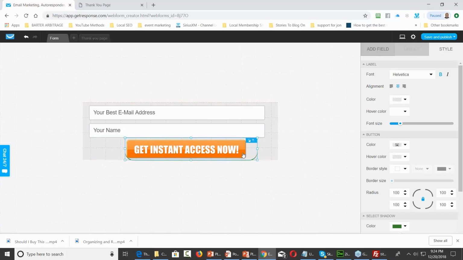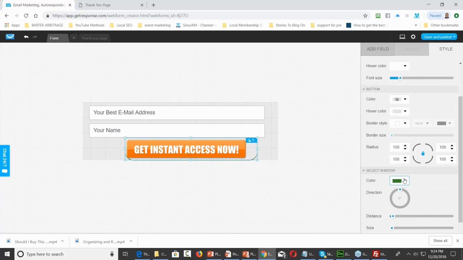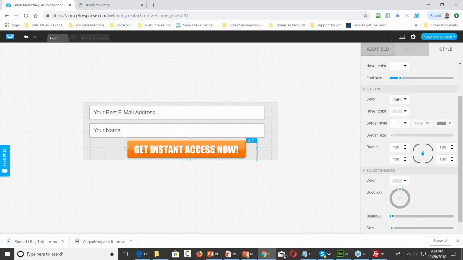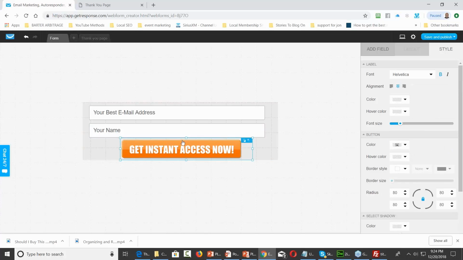And what I really want to do here is take that shadow out. So I'm going to now make that transparent. I'm going to slide this button over. And I'm now going to save it